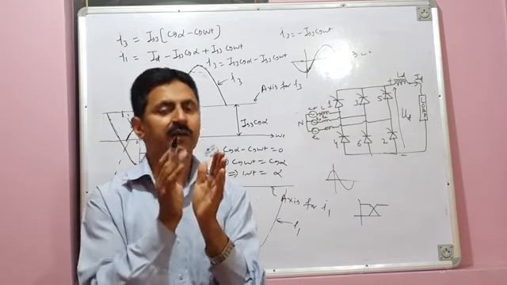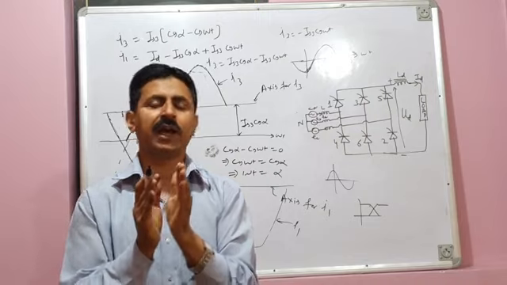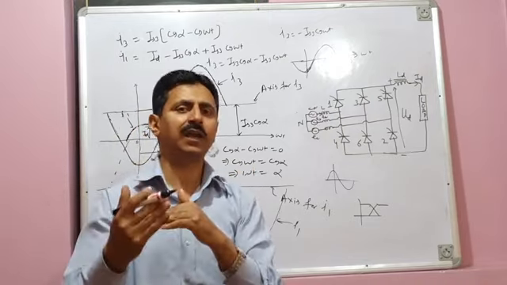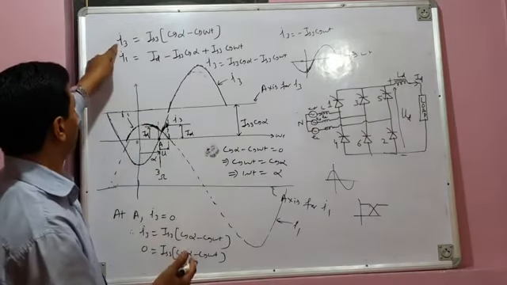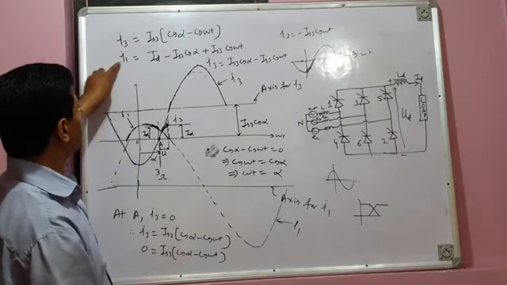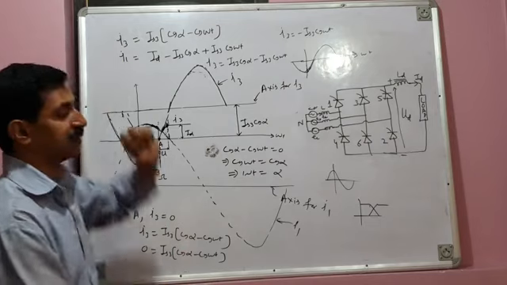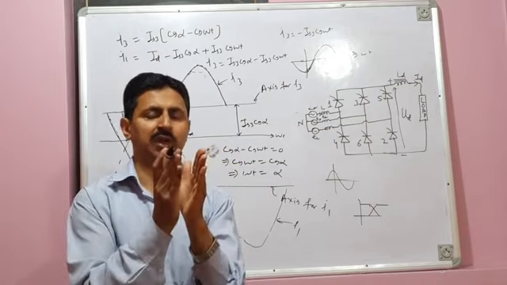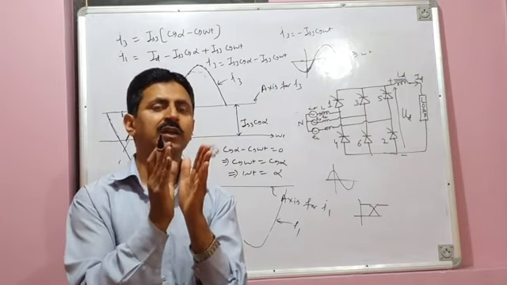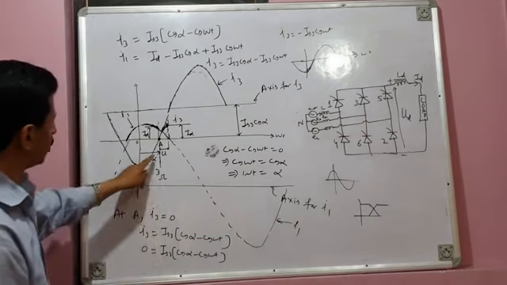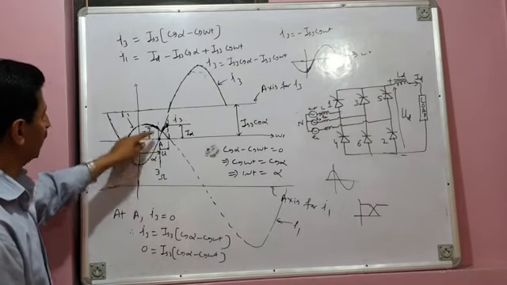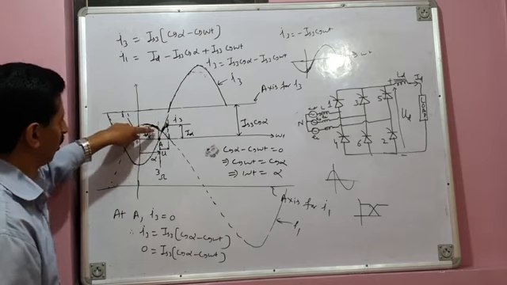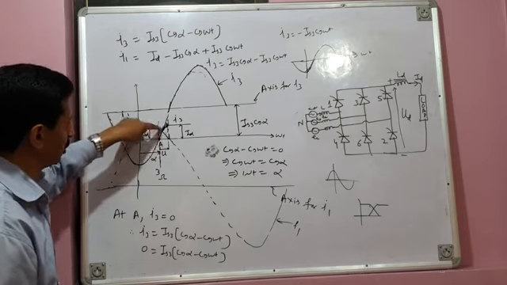When valve 3 is fired, there is 3 valve conduction, and during that 3 valve conduction we drew the equivalent circuit, applied KVL, and after applying KVL we got these two equations. One equation is for valve current I1, and another equation is for valve current I3. These equations are valid only during the commutation overlap period, that is during 3 valve conduction. And this is your commutation overlap period U. So these waveforms are also valid only during this commutation overlap period.